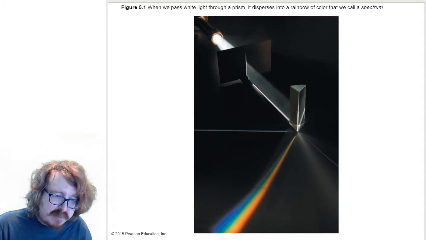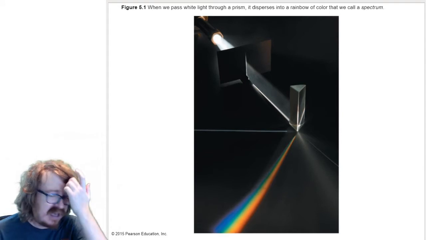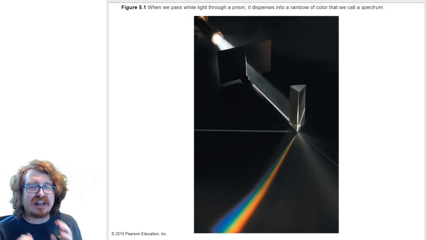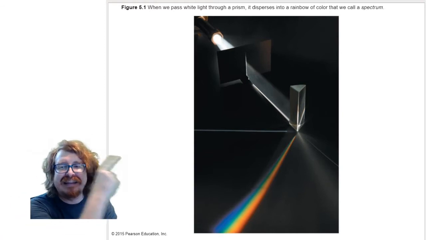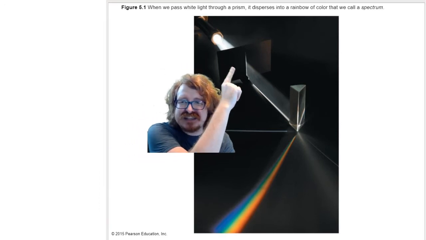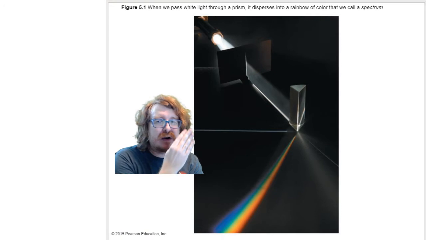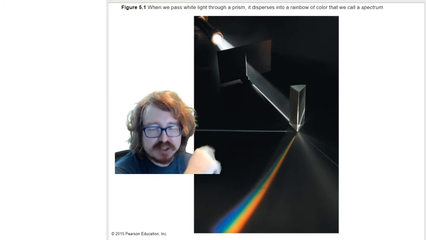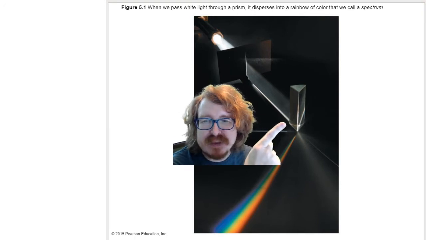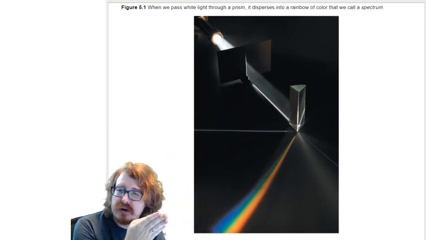The very first type of invisible light was discovered totally by accident, in a science class that was describing this. That science class had this kind of setup about 200 years ago, and they were explaining how refraction worked. Of course, they didn't have a flashlight, it would have been a candle, but they had this piece of glass and they were making a rainbow. And so that particular teacher